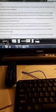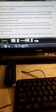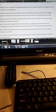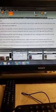Okay, let's continue with this article. When I changed the subject to business, his voice dropped several octaves and he became a completely different person to talk to. That was weird to me. That showed me that he was different, multifaceted, different character depending on the subject matter. Okay, so you guys,